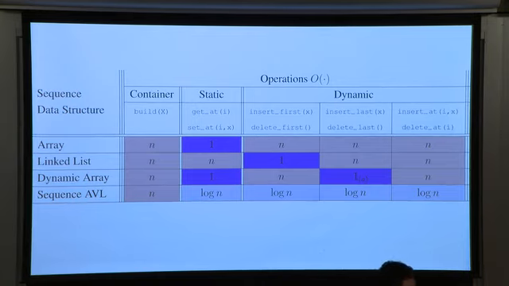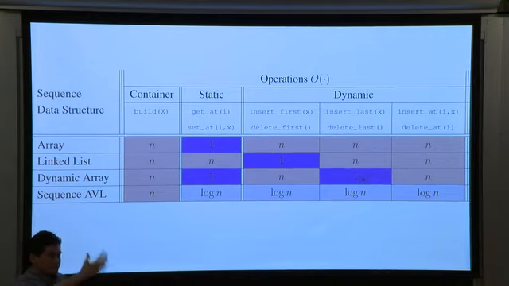In the interest of saving time on the exam, if we want to say we do this thing with the sequence AVL and it takes log n time, do we have to say it takes log n time because it's a sequence AVL, or can we just say per the table that we know? If you told me that you're storing things in a sequence AVL and you say what you do to it, and you say which takes blah blah blah time, you don't need to say because it's a sequence AVL, because you already told us it's a sequence AVL. I believe that you probably wrote the chart on your cheat sheet and you looked it up. Okay. All right. Any other questions on this?